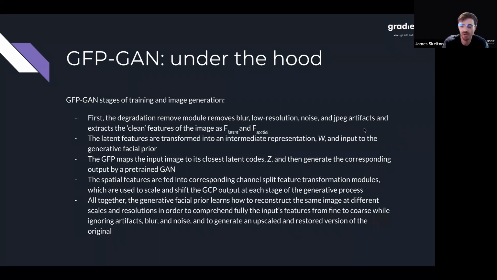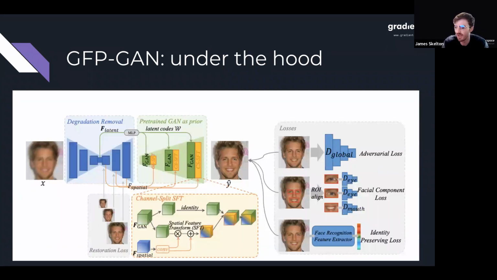So I know that was a lot of talking without a picture. So here is a diagram explaining exactly how that works. First, we have this UNet degradation removal module. It maps the latent codes W to be input to the generative facial prior. It takes the spatial information out to the channel split SFT, which uses that to modulate the outputs of the GFP. It does this